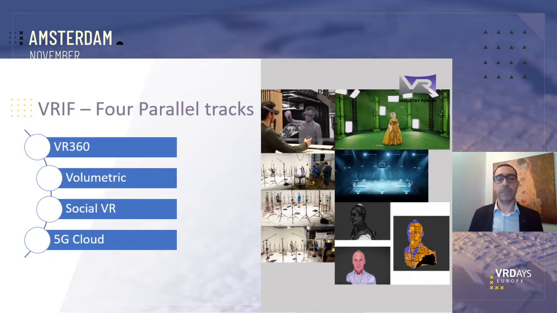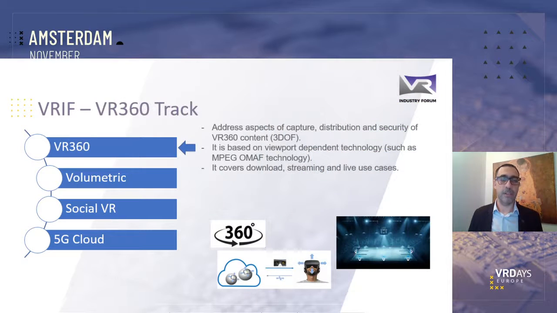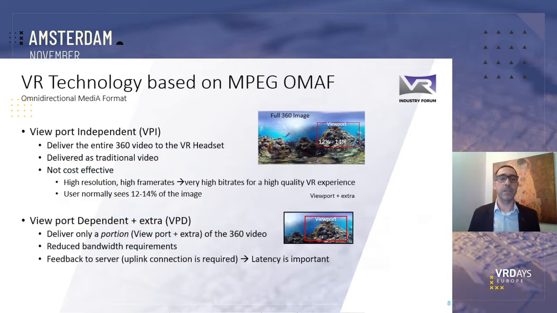VRIF is divided into 4 parallel tracks: VR 360, Volumetric, Social VR, and 5G Cloud. The VR 360 track addresses aspects of capture, distribution, and security of VR 360 content, or 3 degrees of freedom. It's based on viewport-dependent technology such as MPEG OMAF, which I'm going to talk about soon. It covers use cases such as download, streaming, and live. Our VR technology